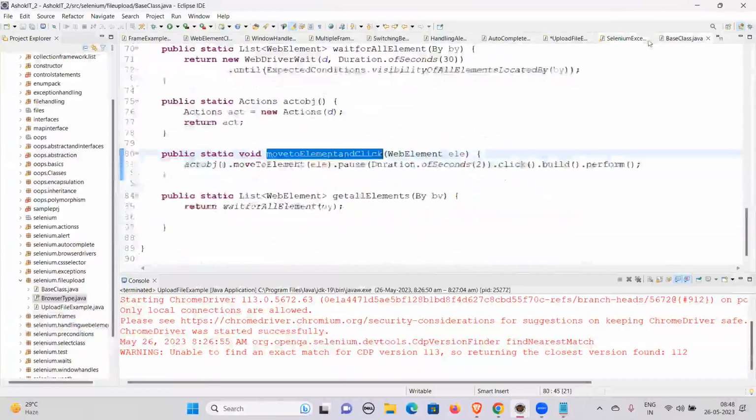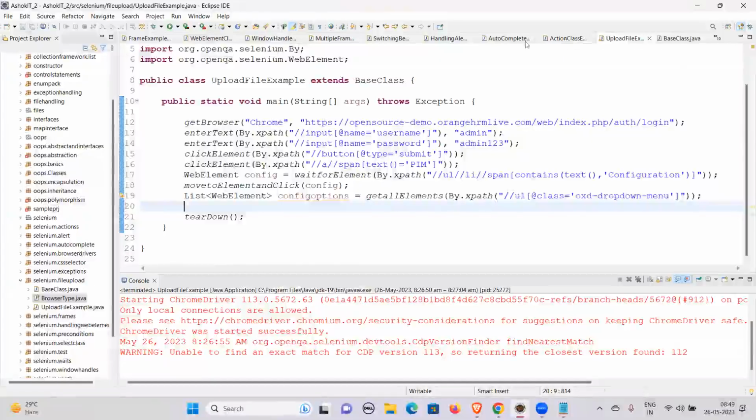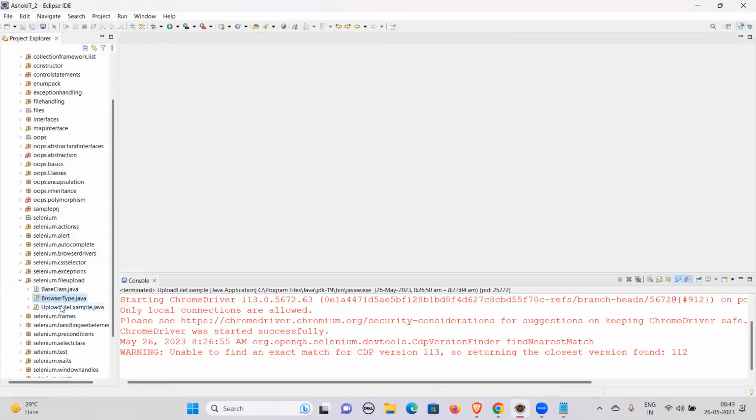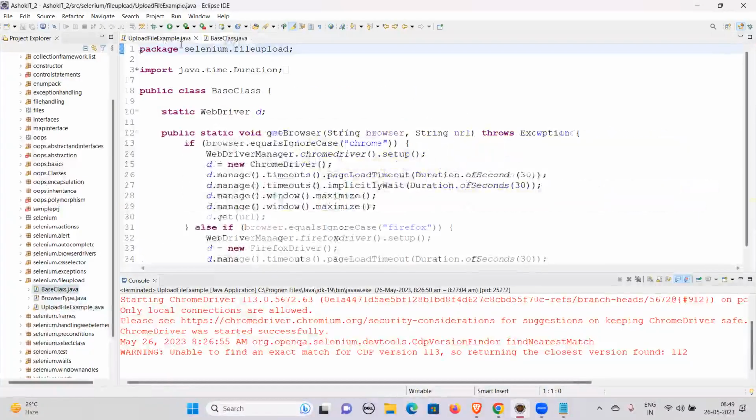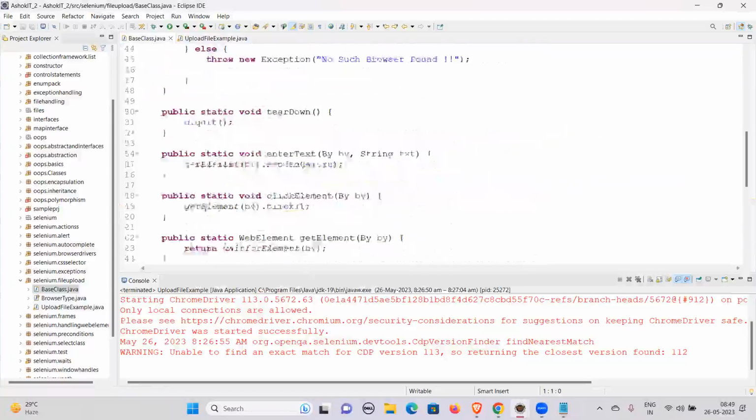Okay, this is different, and let's close this. Let me close all this, guys. We need two things. Close all, except this one and this one. We are working only on these two classes. In the base class, I'm going to write